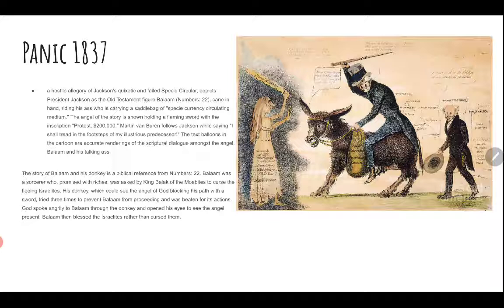This is the last document. It is extraordinarily confusing, but essentially it's a story of Balaam, who I don't know. Anyway, the donkey is the only one who sees this angel who is blocking his path, and the donkey is like, hey, we shouldn't go forward. And then Balaam starts to beat the donkey for his actions, and then finally it's revealed. So it's like Jackson is not heeding the warnings. Martin Van Buren, who is his successor, is following behind him. And essentially the angel is trying to warn about all the problems with their monetary policy. So this is essentially a cartoon that is saying that Jackson and Martin Van Buren are responsible for